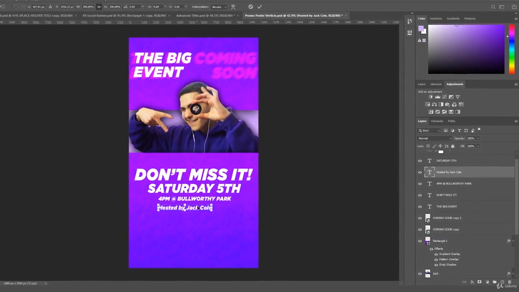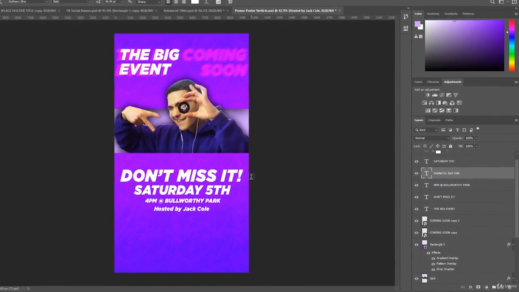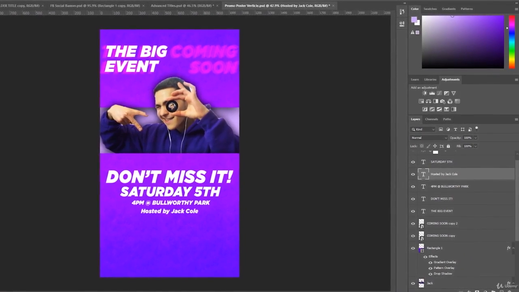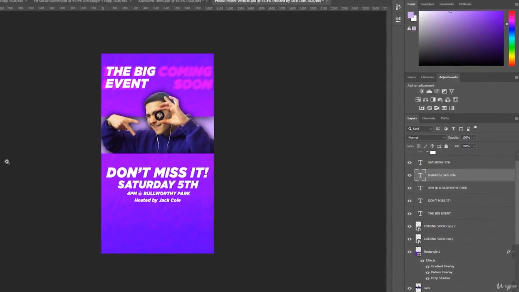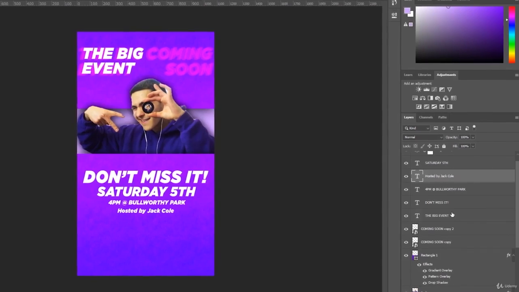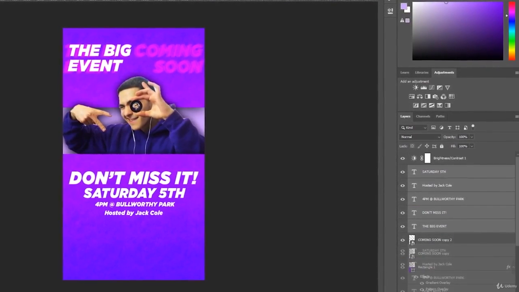Simple, simple, simple. Drag that down here. I'm going to be at Bullworthy Park if anybody's down to come down and do it. And then what we can actually go ahead and do, if we're going to make it fully from scratch, is create the arrows ourselves. But let's actually go here, select all these, go here, duplicate them,